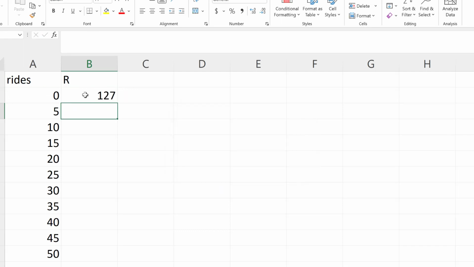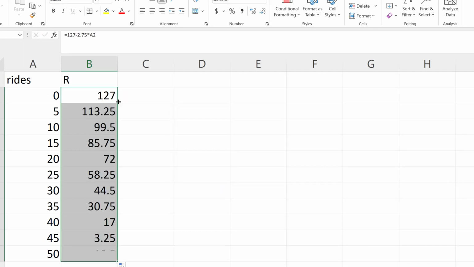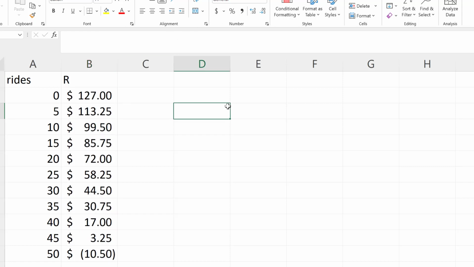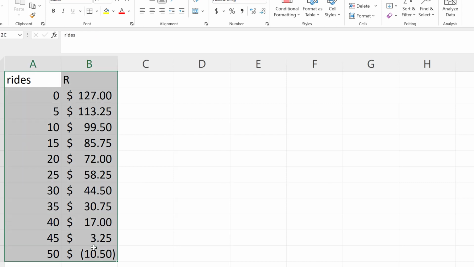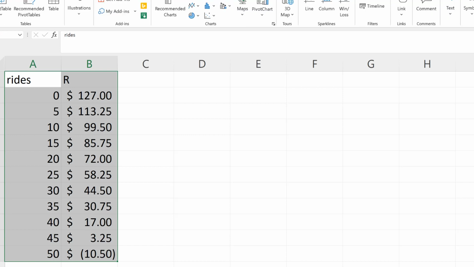Okay, and then what I'll do, I'll just double tap here, and it will fill out all of this information. And that's exactly what we got in the lesson, right? So as you could see, for every number, it basically used the starting balance and it subtracts 275 multiplied for every ride. On Excel, the convenient part is that I can take this table and I can insert the